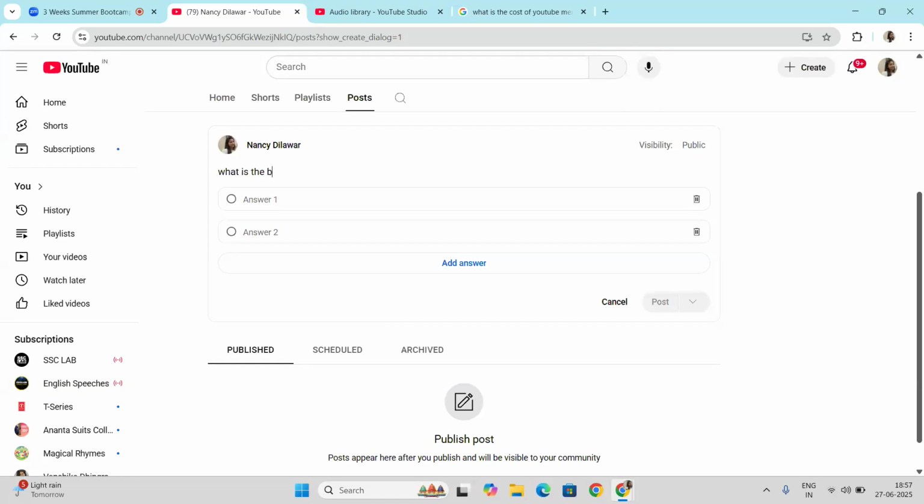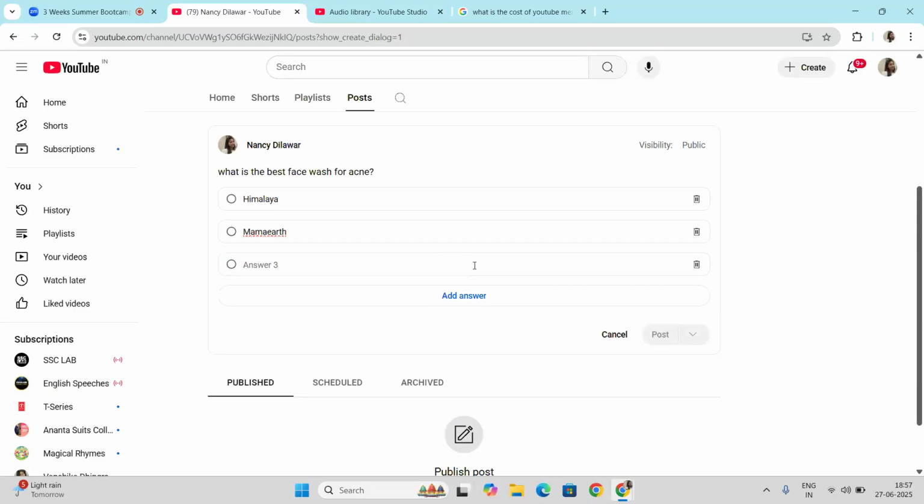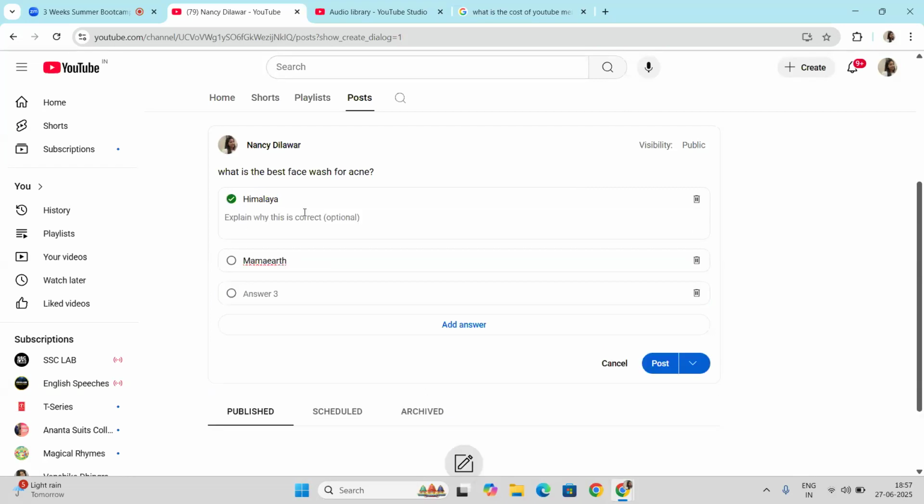Now, what is the best face wash for acne? Just taking an example, don't go for this Himalaya or Mamaearth. This is how I can add multiple answers, and you have to select which one is correct. I have to select this one as correct, and I can add up to answers and post.